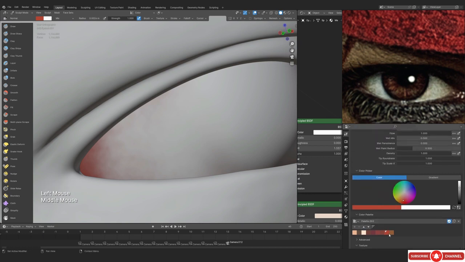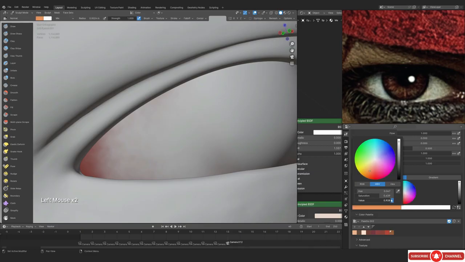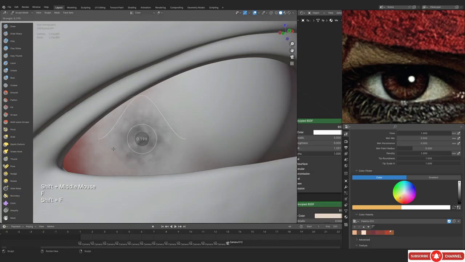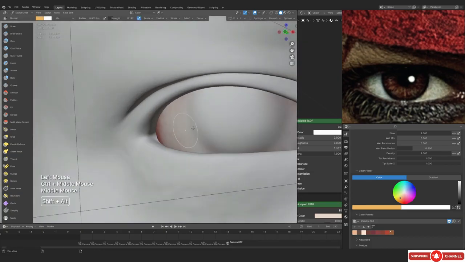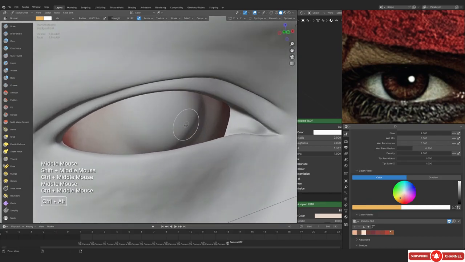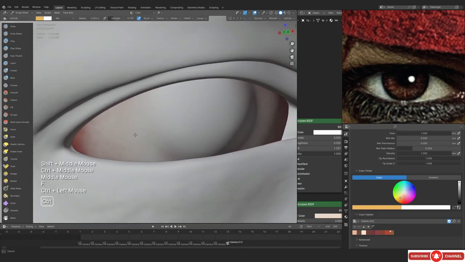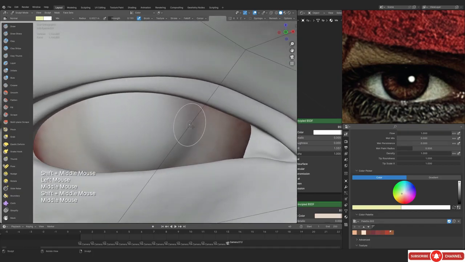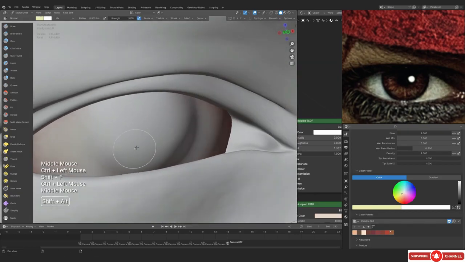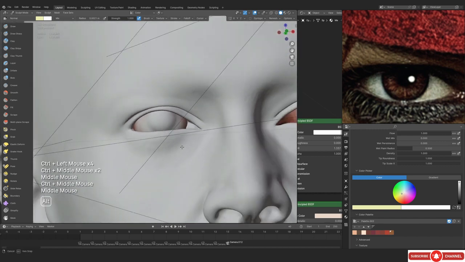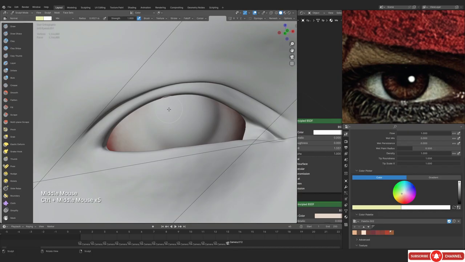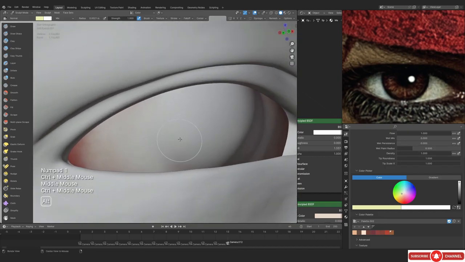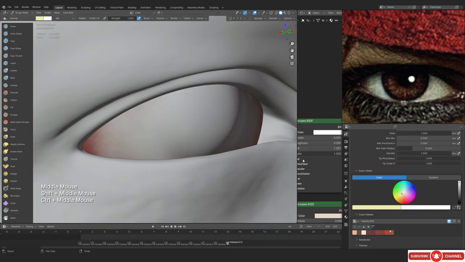But now we can just try something out. We can change the color. In this case I'm going a little bit yellowish, so don't go too bright with this color. Again, this is just personal experience, you can say. The brighter color doesn't really work that well. And we also need to tone down the whites. Remember, we don't want this to be super white, and you're gonna see that in the renders. If I remember correctly, even in the final file I've used the nodes to tone down the whites separately. But I am gonna be showing it to you. I do that behind the scenes, I remember that.